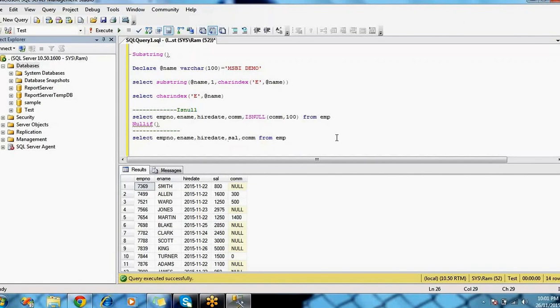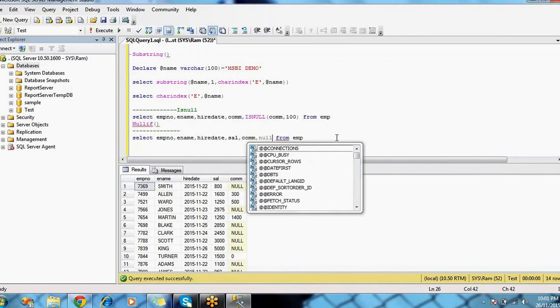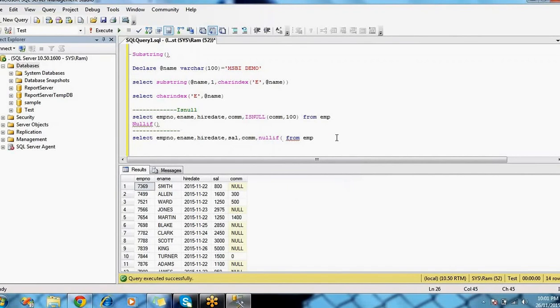Okay, right. So what is this NULLIF function doing? This NULLIF function is trying to compare two columns, whatever columns you put here. I am going to put the same columns, for example commission. So this is one column, and these two columns have some data, so it is trying to compare both columns. If both columns' data is similar, for example this commission column has 1000 and the other column has 1000, so both are similar, then immediately it will display a null value.